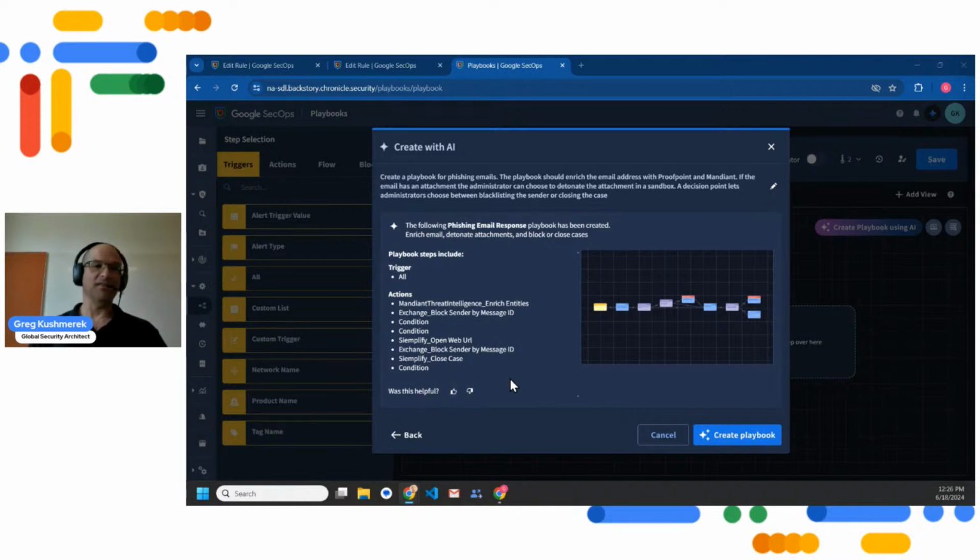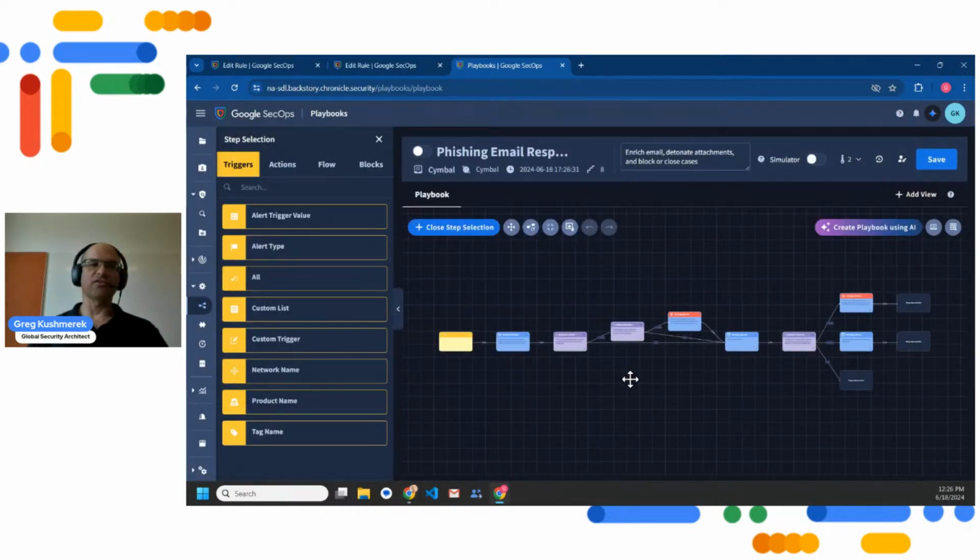We are very closely paying attention to this. Anyways, I say create playbook, and it creates this structure. At this point, I would have to come in and fill it out, right? If there's API calls, I'd probably have to provide the specific API call that needs to be called. But this is a framework that I can work with and go in and start to